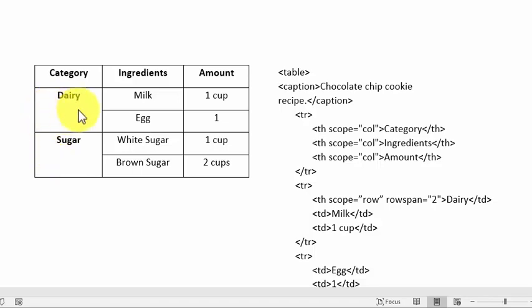The dairy row has 2 ingredients, milk and eggs. Because there's those 2 ingredients, that dairy cell has been merged into just 1 cell instead of 2 cells. And the same has happened with the sugar category. There's 2 ingredients listed on 2 separate rows, white sugar and brown sugar, and so the sugar cell was merged